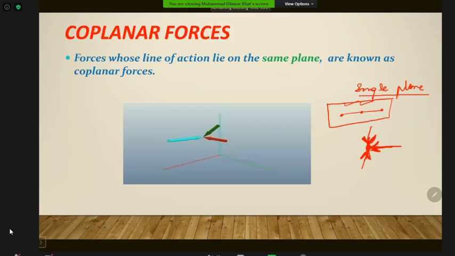Here we saw that the line of action lies on the same plane. Okay, line of action is on the same plane. Whereas when we talk about collinear, here we